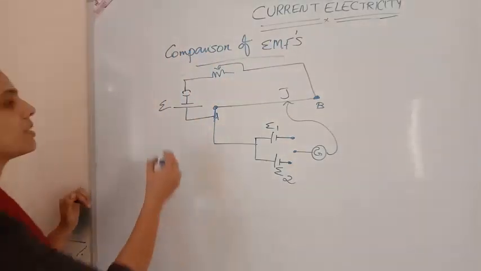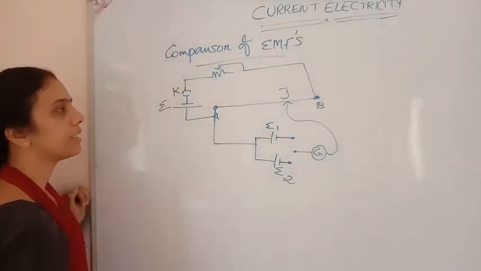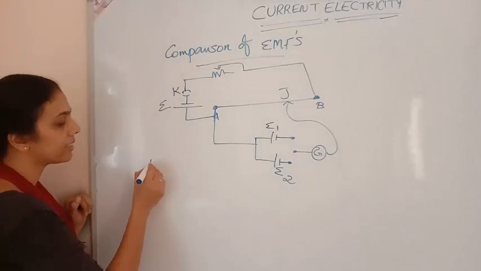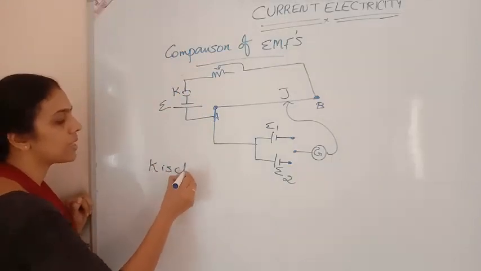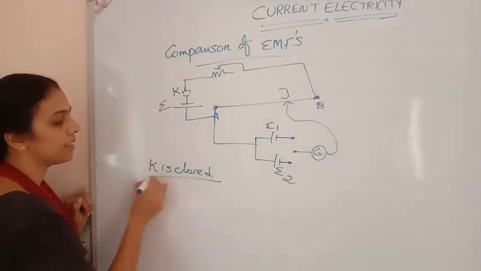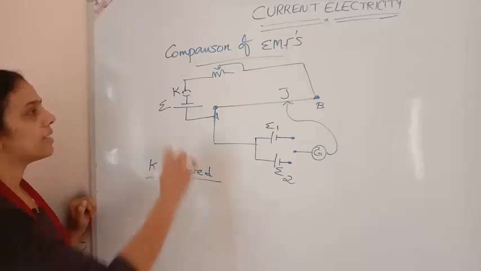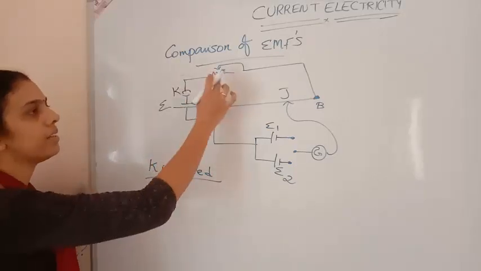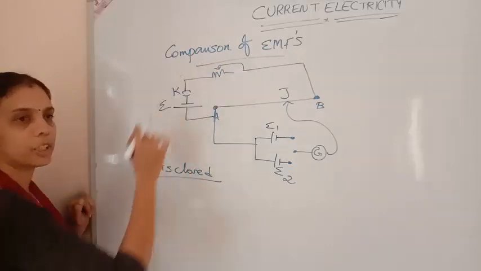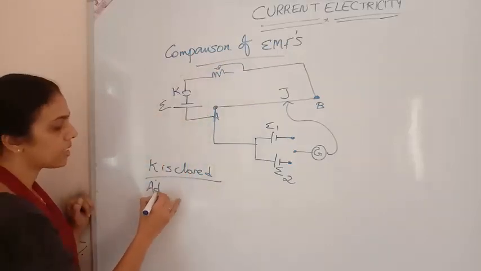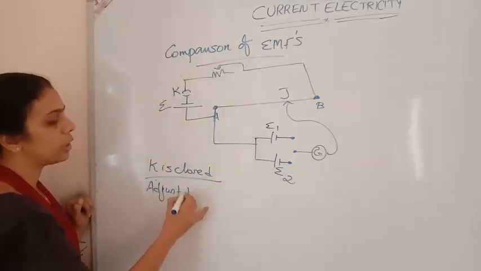So how can we compare the EMFs? For that, first see, here I am giving a key K, and K is closed. First we are closing the key K. Then we will be adjusting the rheostat. K is closed, adjust the rheostat